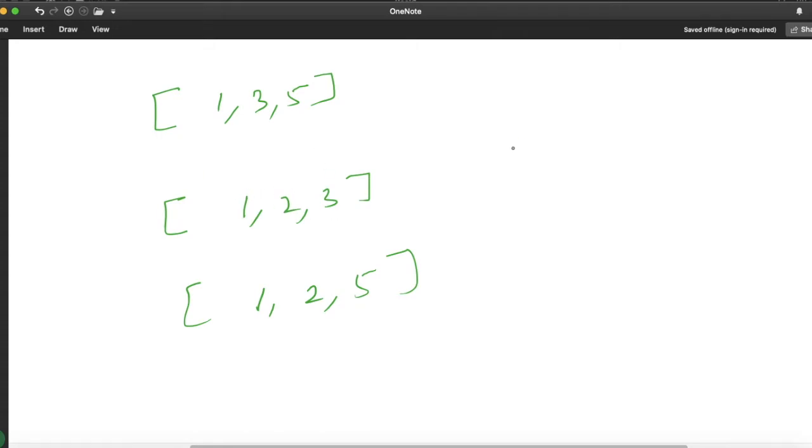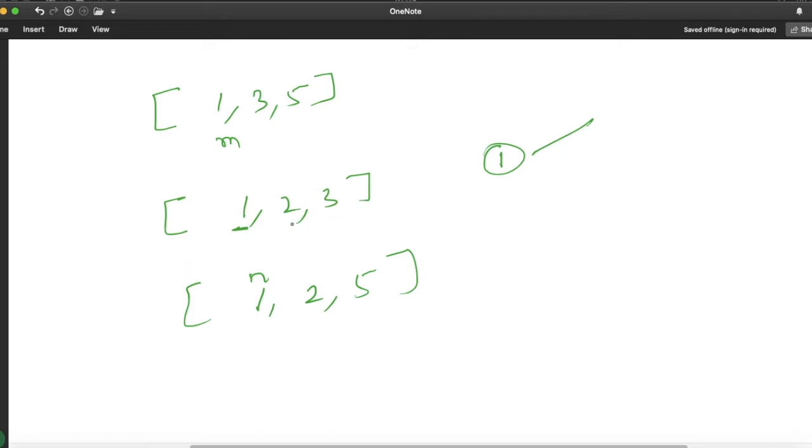Now suppose we have picked the element 1. For 1 we are moving in A to get the value P. There is only one element, so this will be my M value. My counter will be here. Now when we are going to check in C for this one, there is only one element here, 1. So my counter will be here, N. Now we are done with this element.